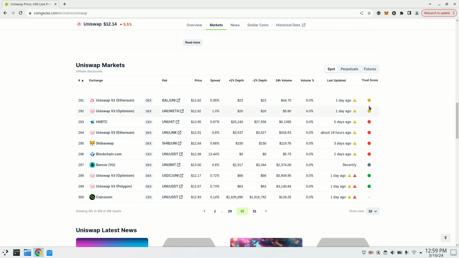But we need to find out if this trust score we can neglect, right? We can ignore this. We just see here the trust score is green. It means trusted.